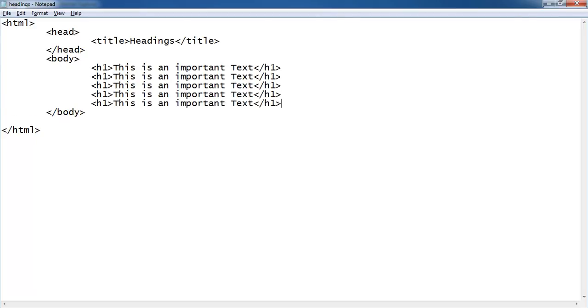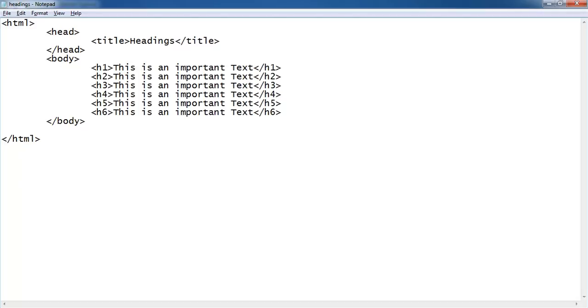For that, I am copying the same text and pasting it here, and the second heading type HTML supports is h2, the third one is h3, the fourth one is h4, the fifth one is h5, and the sixth one is h6.